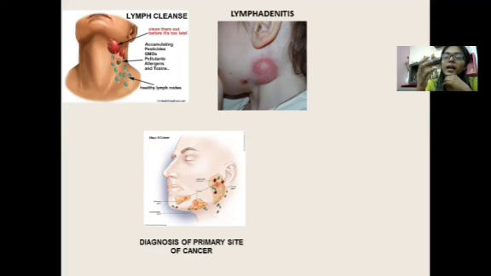And also it acts as one of the important and convenient routes for the spread of cancer cells. So it helps in the diagnosis of the primary site of the malignant cancer, and also in determining the prognosis and classifying the stage of the cancer, the level of lymph nodes affected, and whether bone involvement is there. Depending on that, the diagnosis and treatment plan will vary. And also it helps the surgeon to do the en bloc resection during the operative procedure. So it somehow helps in the treatment procedures also.